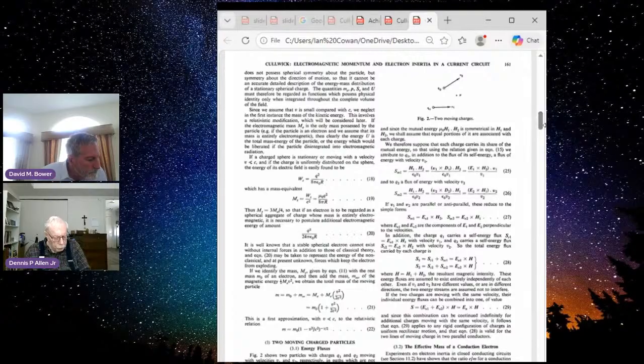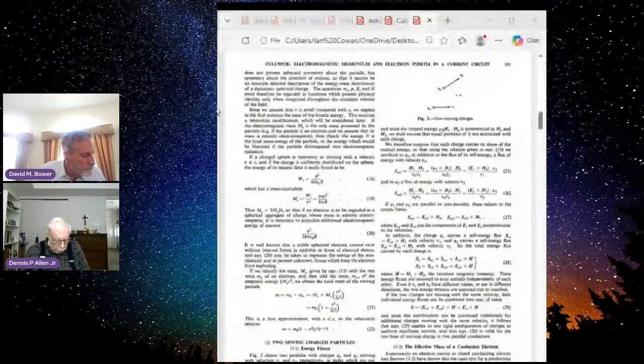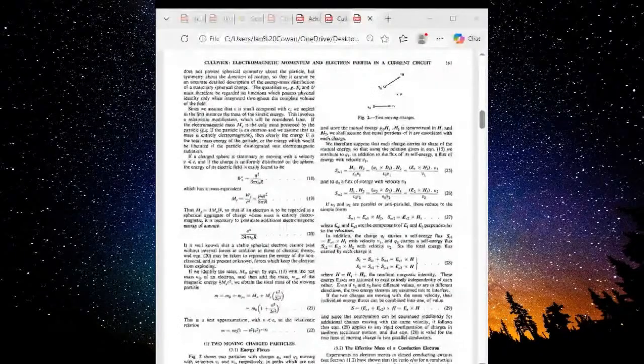Yeah, he says, since we assume that V is small compared to C, if a charged sphere is stationary or moving with a velocity V much less than C, if the charge is uniformly distributed on the sphere, the energy of the electric field is easily found to be